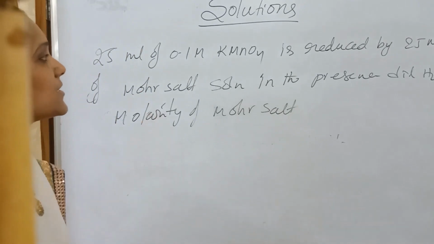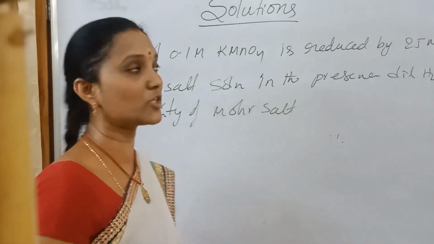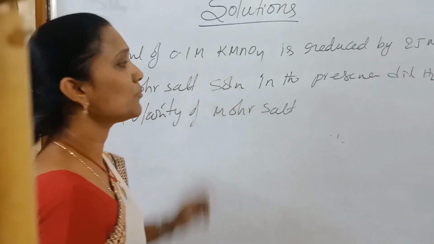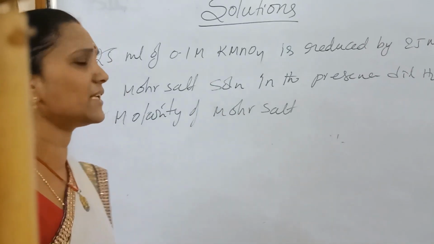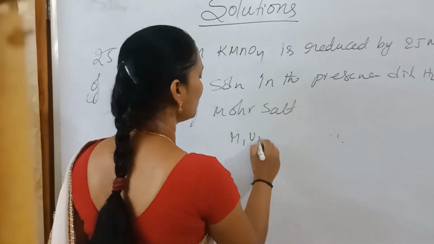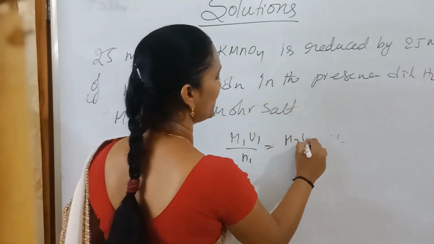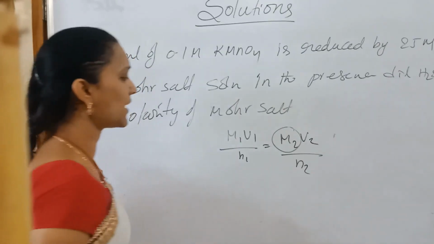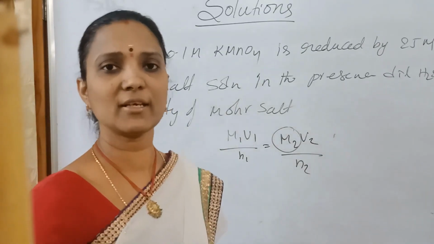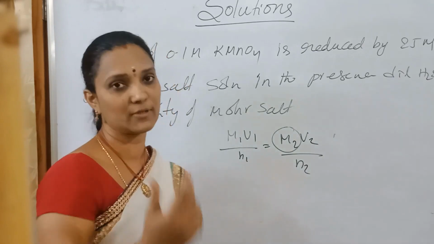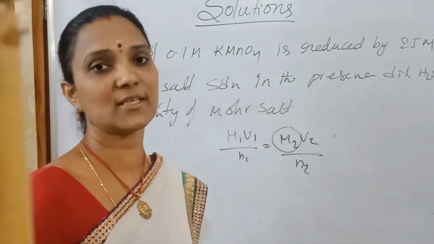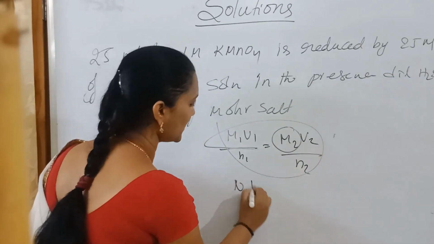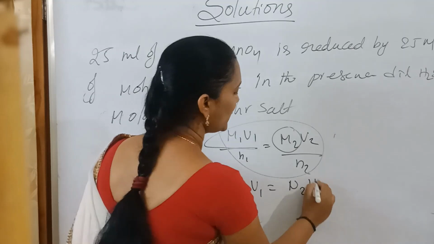Okay. Now this is a redox reaction. Molarity given means how many moles we required, because here the formula is M1 V1 by n1 is equal to M2 V2 by n2. To calculate this molarity, definitely we need n1, n2. That means we have to write the reaction and balance it. So instead of that, don't use this one. What we are using here is N1 V1 is equal to N2 V2.